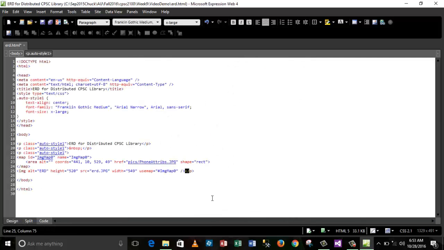If I look at the code, you'll see the image map references this file, and relative to this web page, it has to open the pics folder to find the file phone attribs.jpg. Okay,